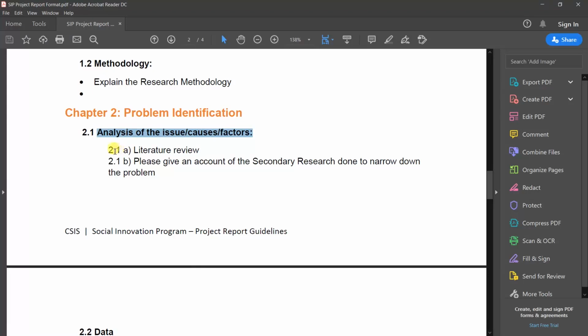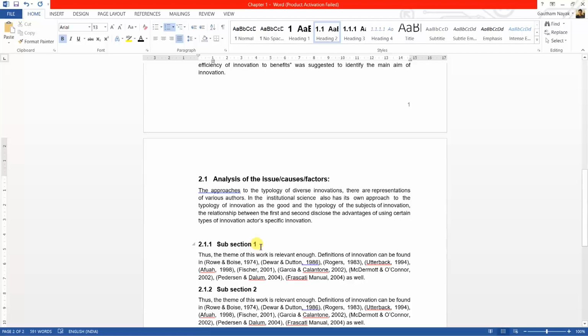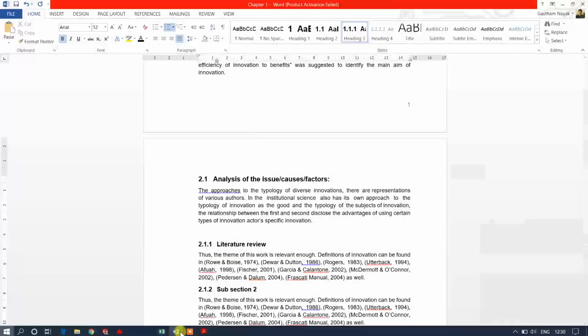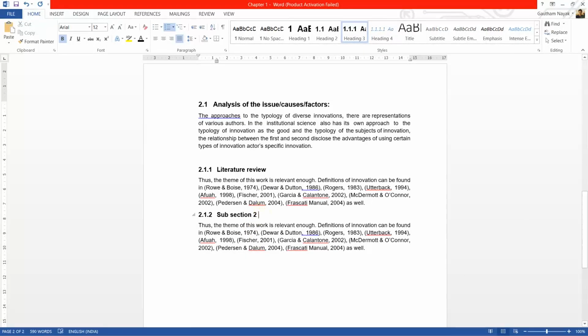In that we have 2.1 as literature review and 2.1b. This will be our subsection, literature review. Paste this, this will be my heading 3. And secondary research, let me copy that. This is my subsection 2. I'll paste it, heading 3, and delete this.